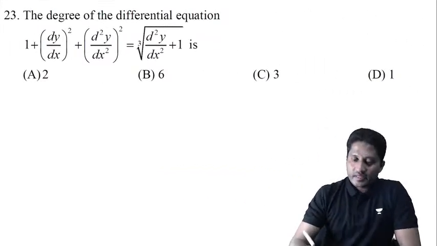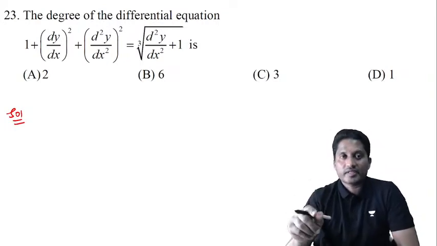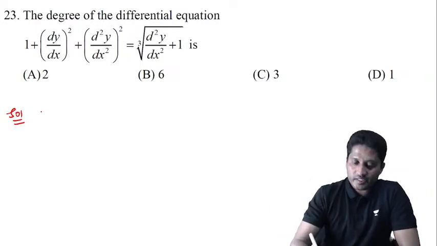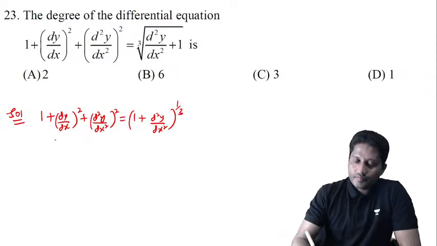Question number 23. What is the degree of the differential equation? See, if you want to find the degree of a differential equation, it should be free from radicals and fractions. 1 plus dy by dx the whole square plus d square y by dx square whole square is equal to 1 plus d square y upon dx square whole to the power of 1 by 3. If you cube on both the sides,